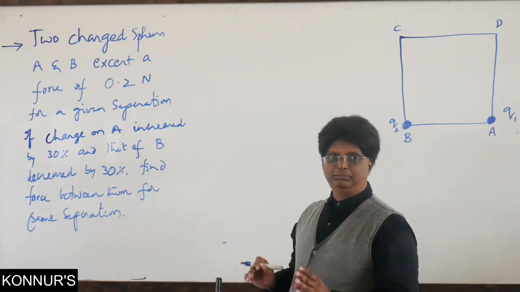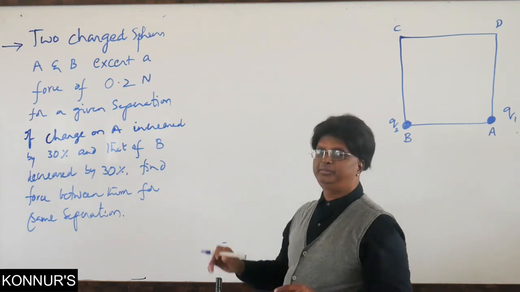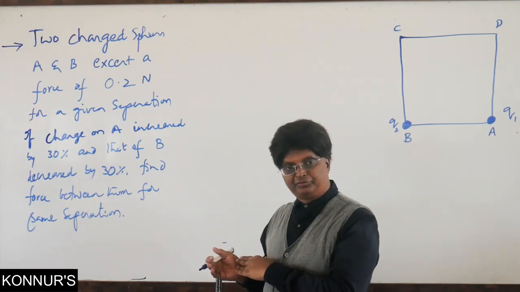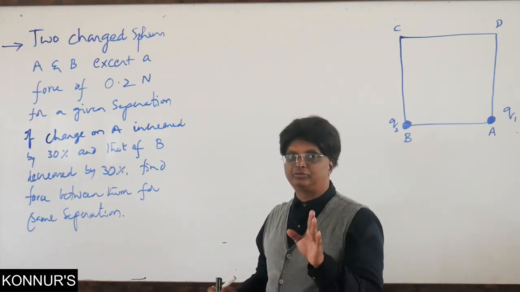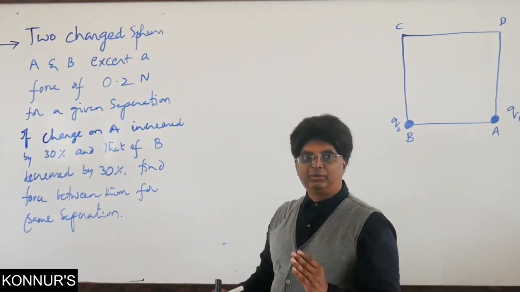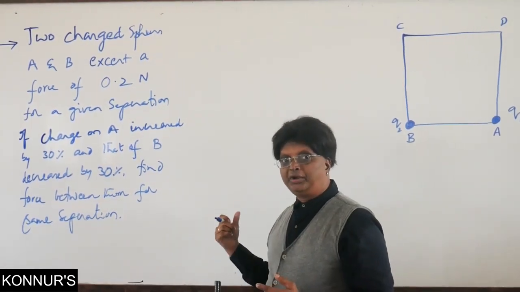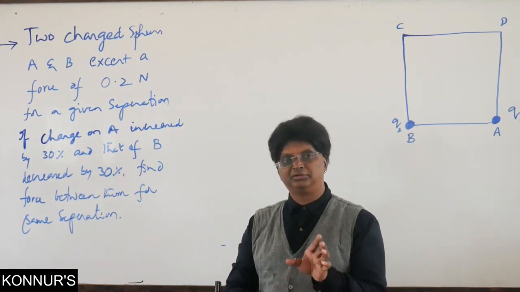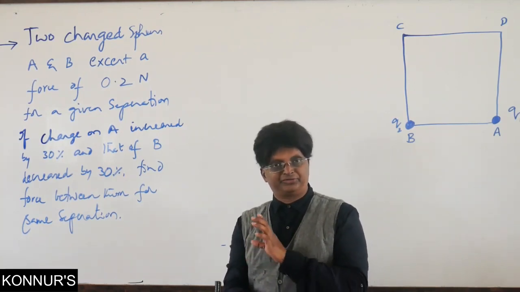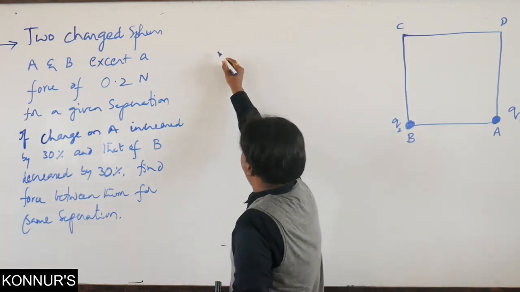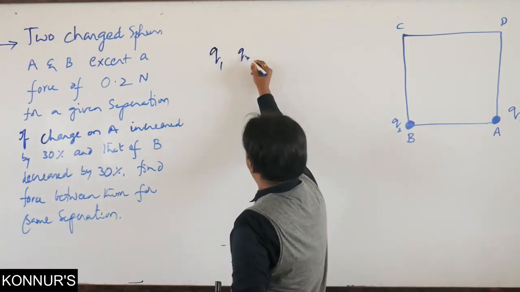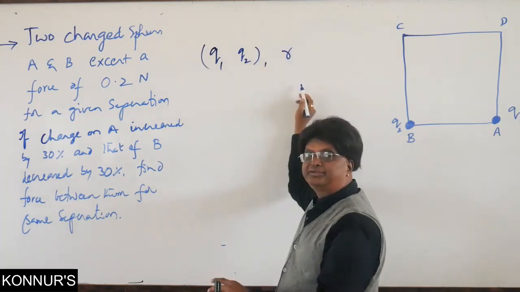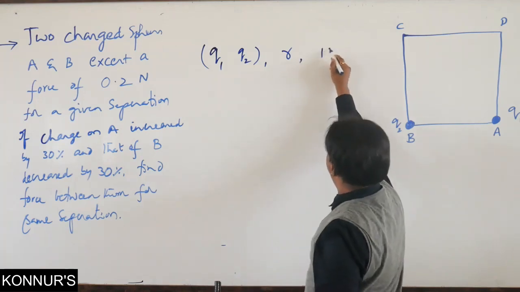For now, maybe I will take 10 minutes for this simplification. Actually, it requires only 30 seconds, but let me explain it in detail so that for any examples based on Coulomb force, this is one of your tools. Whatever I am now telling you is not a formula. It is a tool to approach examples based on Coulombic force. As I have told you, the charges are Q1 and Q2. Suppose this is the pair of charges Q1 and Q2 separated by a distance R in a given medium of